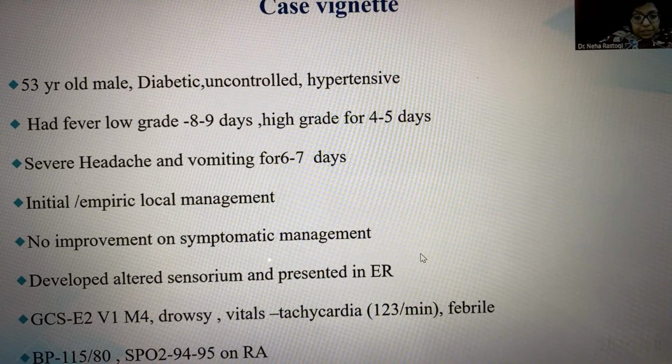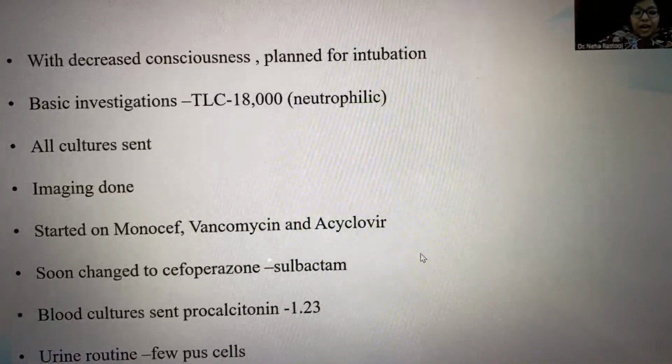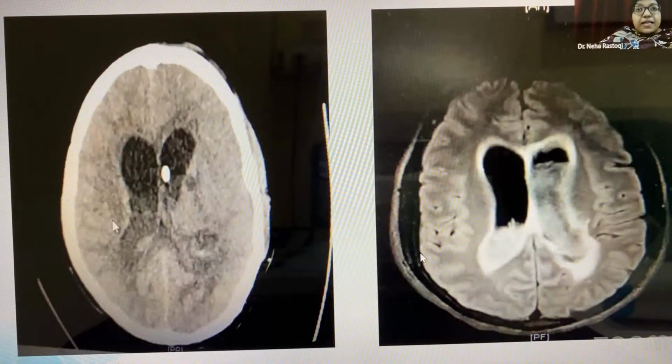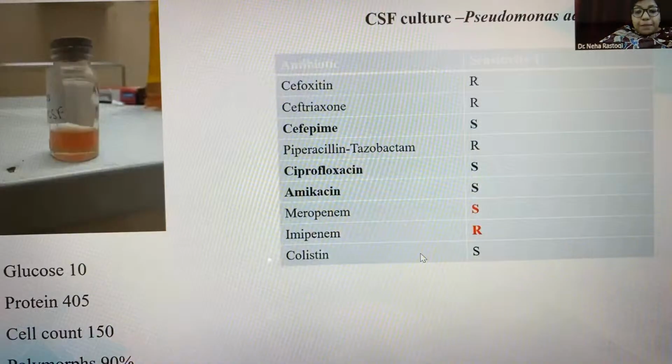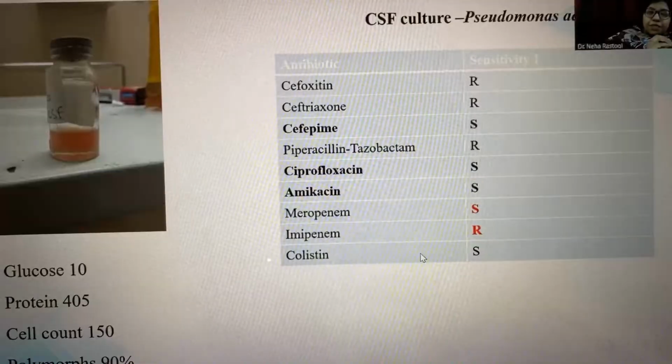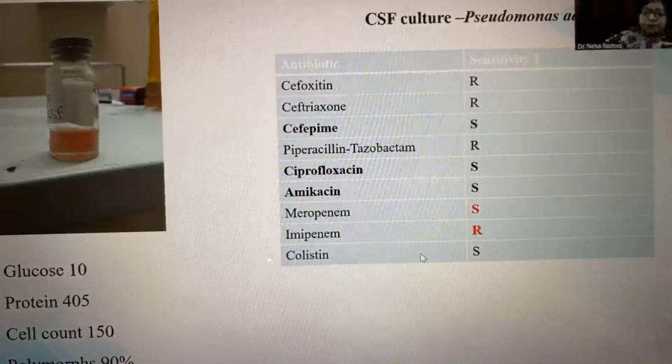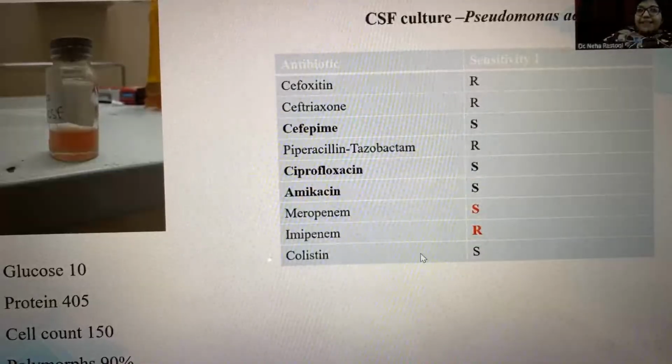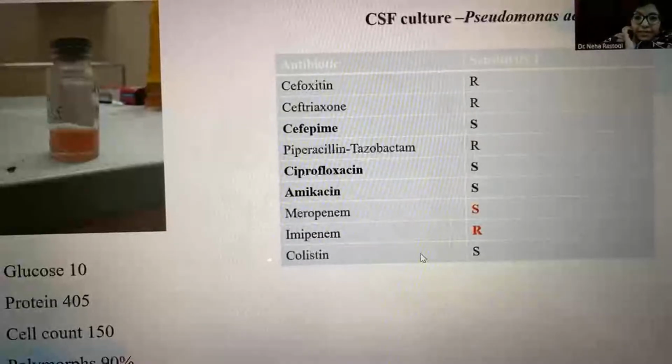and I'll just skip the major points and come to the fact that this patient had a ventriculitis and a meningoencephalitis, and the patient grew Pseudomonas aeruginosa. The glucose was 10, proteins were very high, cell count was 150, neutrophilic predominant, a classical case of bacterial ventriculitis